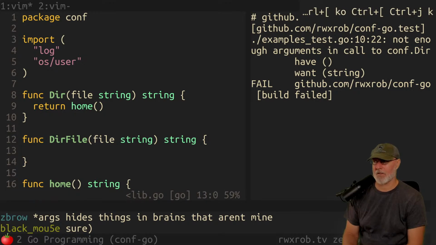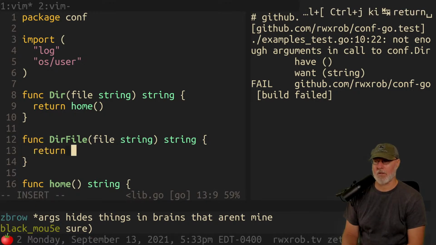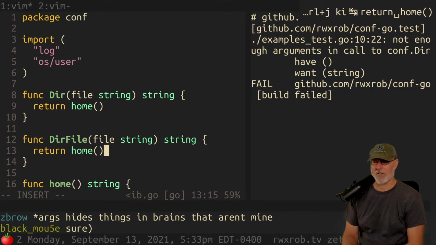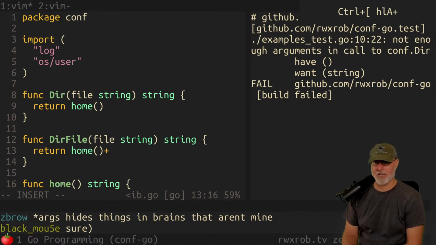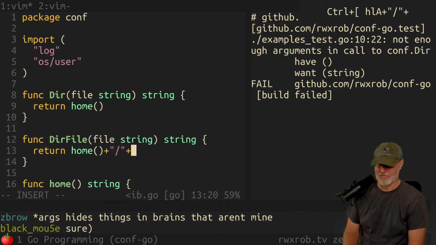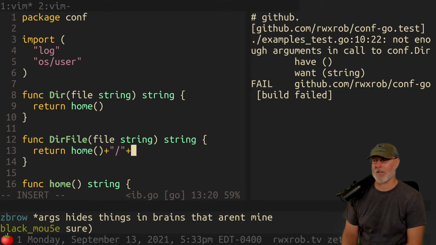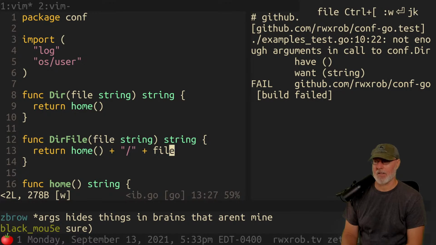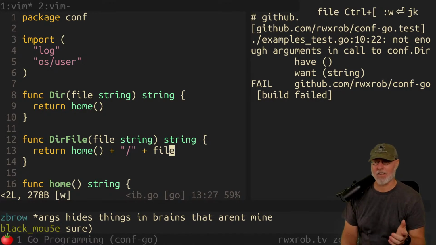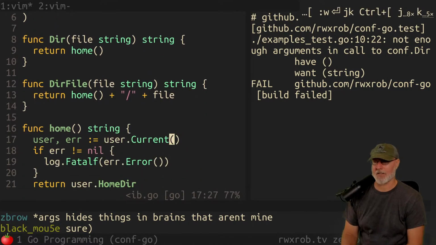It's very C-like to do this, by the way. So return home, which we don't need to care whether it has something in it. If it's blank, we're going to do it anyway. So really, I'm going to do it wrong, and then I'm going to do it a better way. This is how you might write it if you're a Bash scripter, or a Python programmer, or a JavaScript person. This is the wrong way to do this. So you do home / and then we're going to write file, right? And it'll take it. We can even test it and everything. Let's do that.